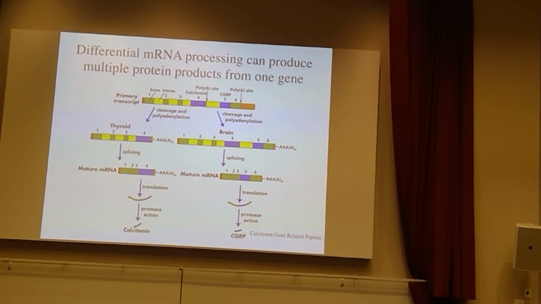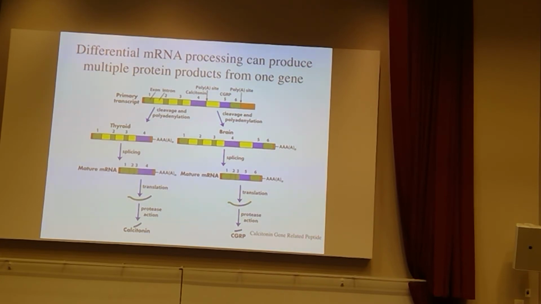We can either cleave right here after the fourth exon, or after the 6th exon, and add our polyadenylate after either of those particular regions. So in this case, we'll get one mRNA that has the first 4 exons, and in the case of generating these mRNAs in brain tissue, we're going to create an mRNA that has information from